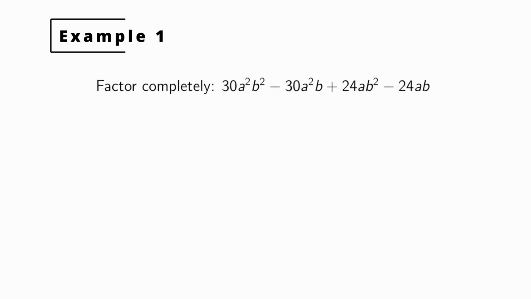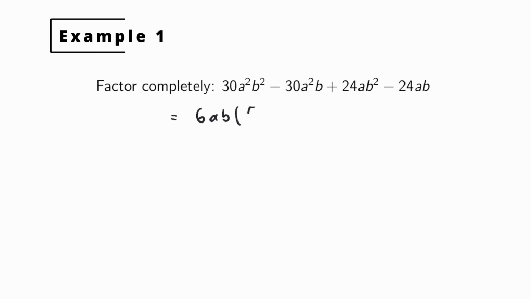Here's our first example. We want to factor this polynomial completely. Our first step is factoring out the greatest common factor. If we look amongst all of the terms, the largest integer that divides all of the numerical factors, 30, negative 30, 24, negative 24, will be 6. Amongst all the variable factors, we have A's and B's here. The greatest common factor between those will be A times B, because we have only one factor of B here and only one factor of A here. So we can factor out the GCF, which is 6AB. Once we've done that, what will we have left over?